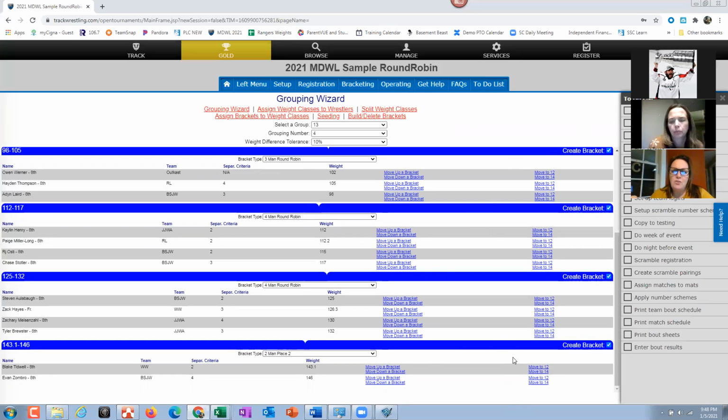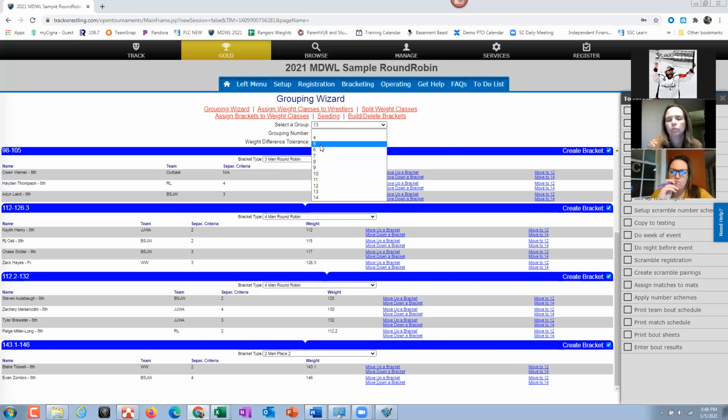So if you uncheck the create bracket, you can save it? Is that what you're saying? This doesn't save at all. Like if I were to move down bracket, move up bracket, and then I went to another age, it doesn't save it. The only way it technically saves it is create. And then guess what happens when you delete the bracket? It goes back. It doesn't go into how it was. Okay.